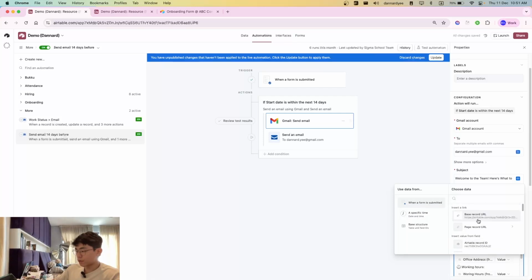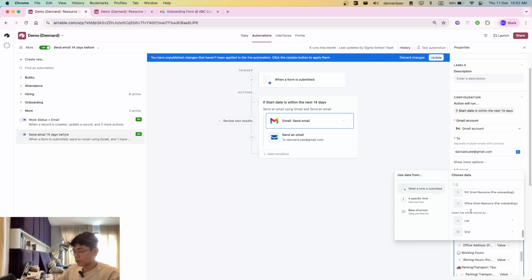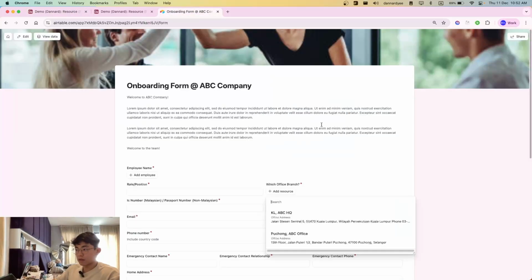So based on this form data, we need to choose the base structure, table and field IDs. Then we need to scroll down to resource, which is the table that we're pulling data from. So after it's open this, choose this office, straight away from when the form is submitted, because we'll be having a lookup data from